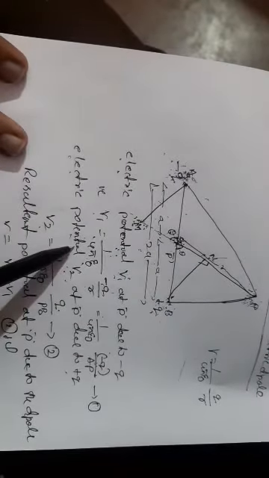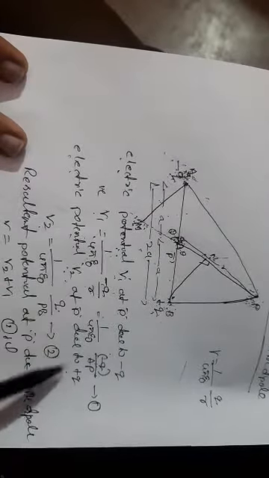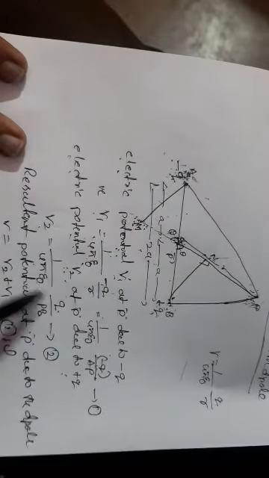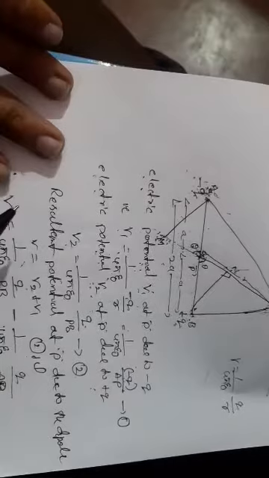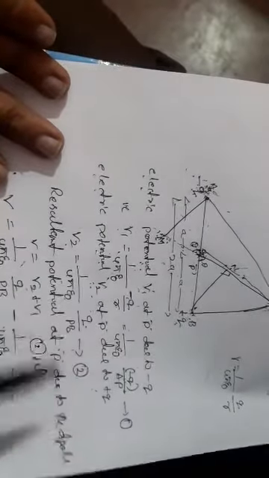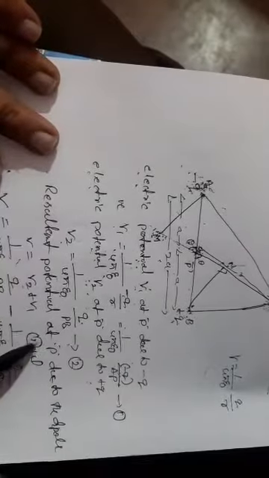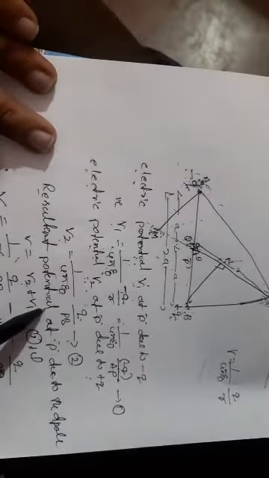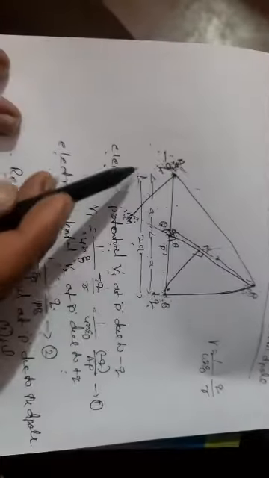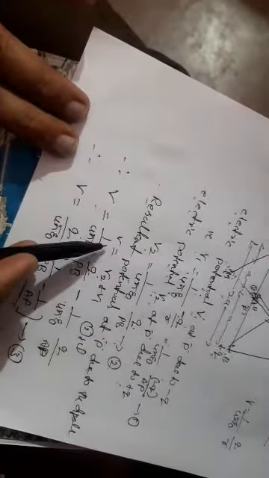Similarly, the electric potential V2 at a point P due to the positive charge. That is 1 by 4 pi epsilon naught. Charge is plus Q. What is the distance? PB. That is called equation number 2. Adding equations 1 and 2, that means the resultant electric potential at a point P due to the dipole system is V equals V1 plus V2, or V2 plus V1. Both are same. Substitute the values of V2 plus V1. The Q and 1 by 4 pi epsilon naught is the common factor, take that outside. Remaining 1 by PB minus 1 by AP, that is called equation number 3.